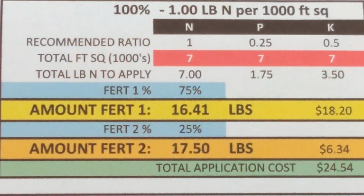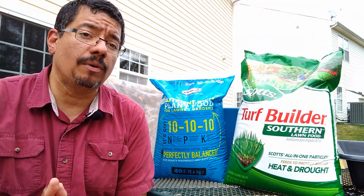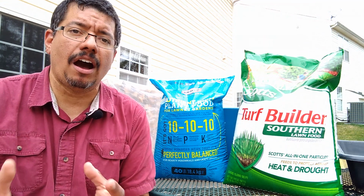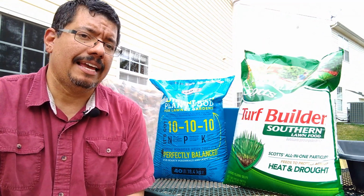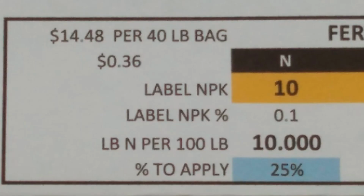So I created a spreadsheet to calculate the amount of fertilizer needed to blend these two products by combining 75% of Scott's Turf Builder to 25% of the 10:10:10 fertilizer. This will yield 3 parts of nitrogen from Scott's Turf Builder and 1 part nitrogen from the 10:10:10 fertilizer. The other 2 elements will blend accordingly depending on how much of each product I put in the mix. In addition, I wanted to calculate the amount of nitrogen to be applied per every 1,000 square feet. As recommended, I did not want to apply more than 4 pounds of nitrogen per year per 1,000 square feet